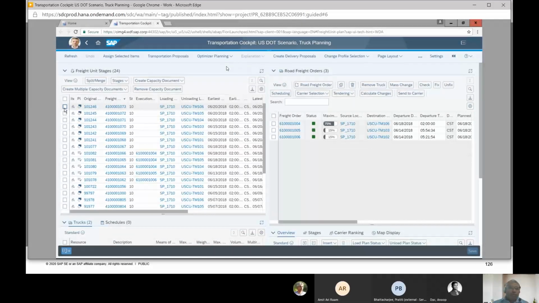On this side, I have the freight unit stages and the freight units which are available. These are the orders basically. On the right hand side, I have the freight orders which have been created. Since I'm doing the planning process, I select those orders, the list of orders that I need to plan.